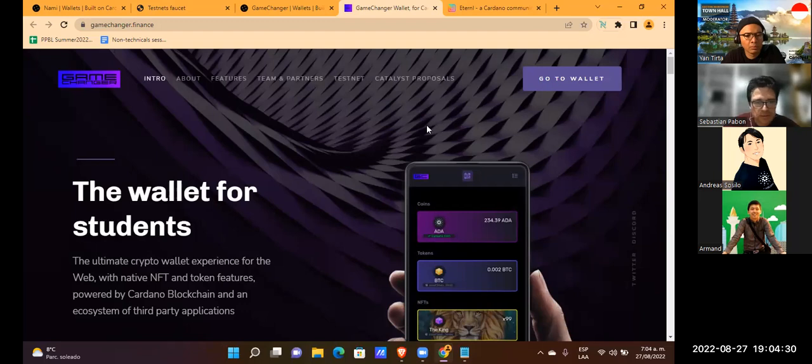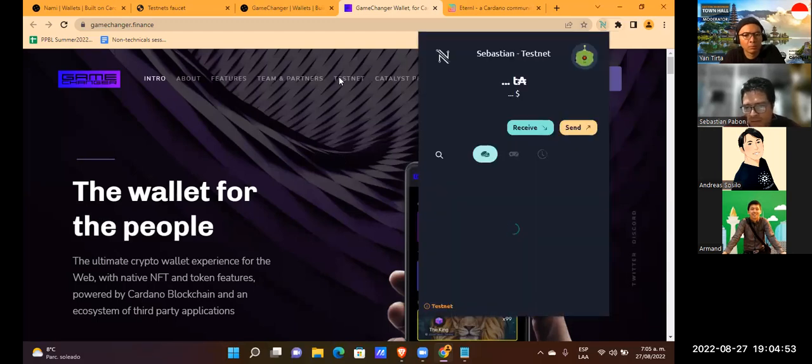This Game Changer wallet is really interesting because these guys try to make the wallet similar to a website experience. A difference to, for example, Nami, that is really simple.